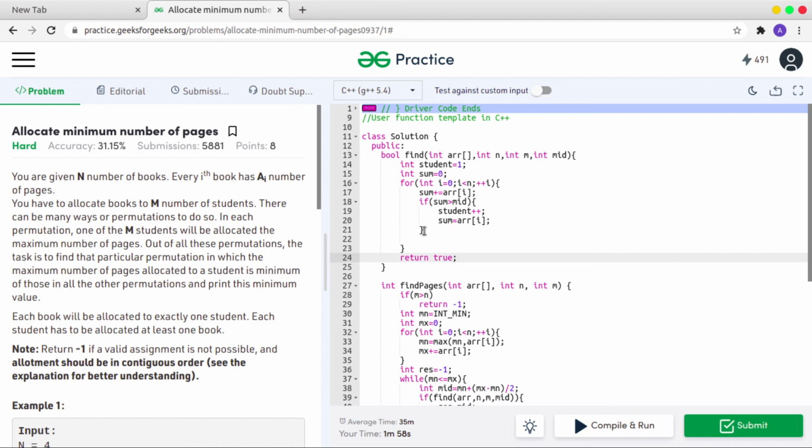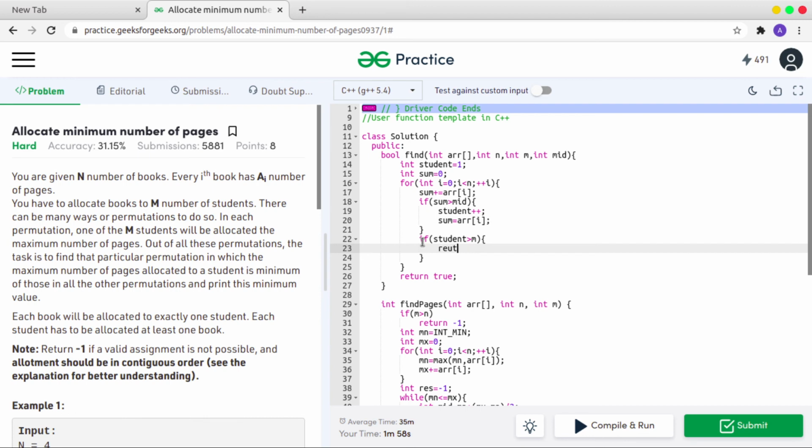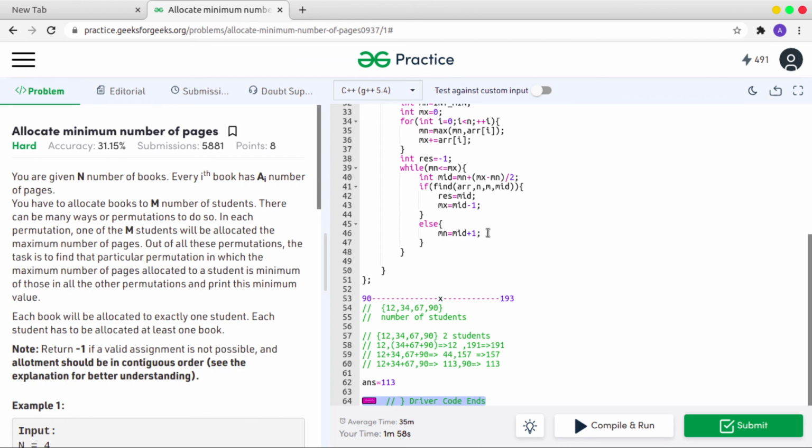But what if the number of students is greater than m, the required number of students, then you are going to return false, because you don't want the number of students to be greater than the required number of students. Okay, so basically I think this problem is solved like this. int mid + 1, and you have to return the result here.